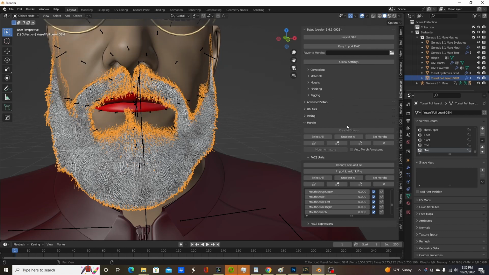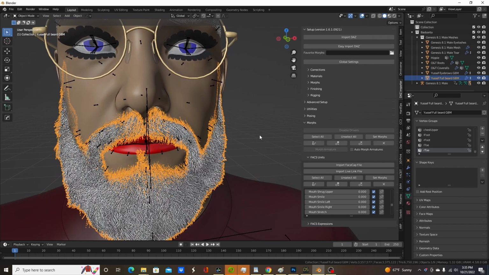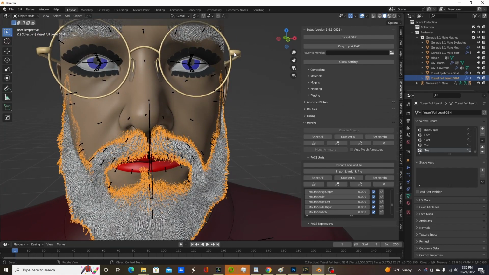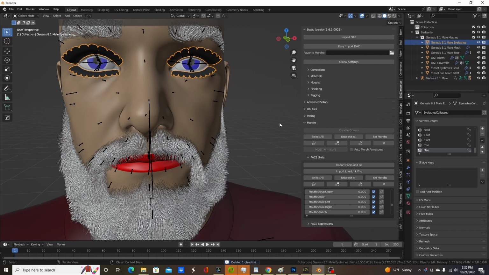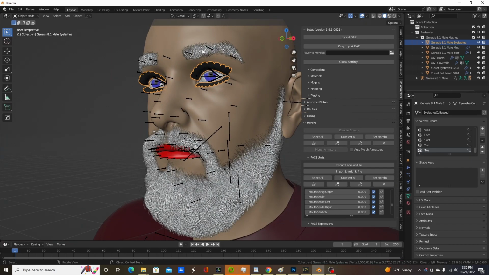All right, so to fix this, and also I'm going to delete these glasses because we don't need them for this tutorial. We see also that the eyelashes do not follow the shape keys. And this particular character has added on eyebrows, so I want to take care of all those at the same time. So what I would do is